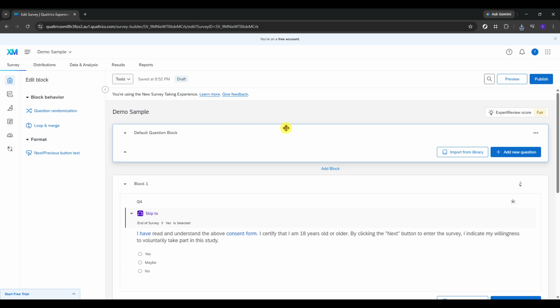Begin by opening your survey in the Qualtrics survey editor. Make sure you are on the Edit Survey page for the survey you want to export. This is the main workspace where you can view and manage your survey questions, and it's also where the export options are available. Once you're in the editor, move your attention to the top of the page and click on